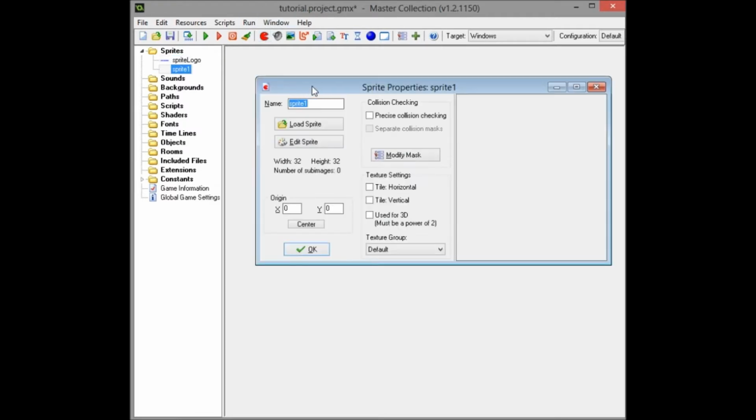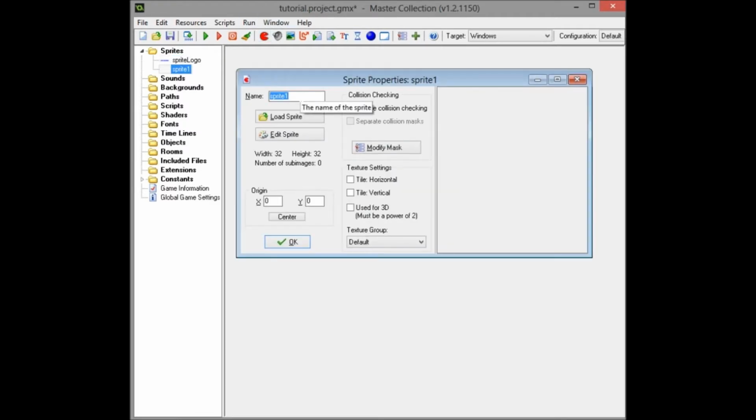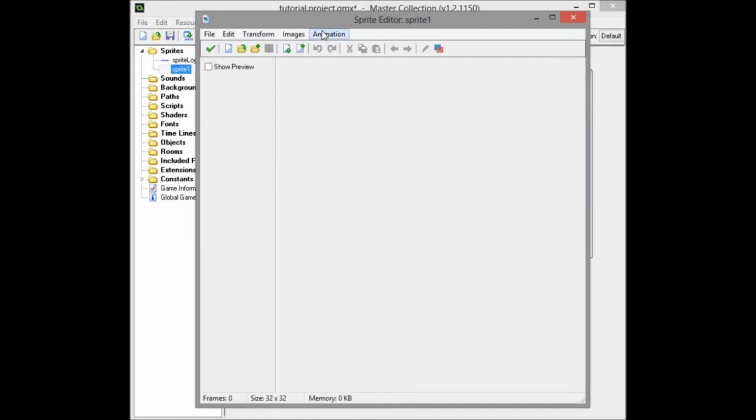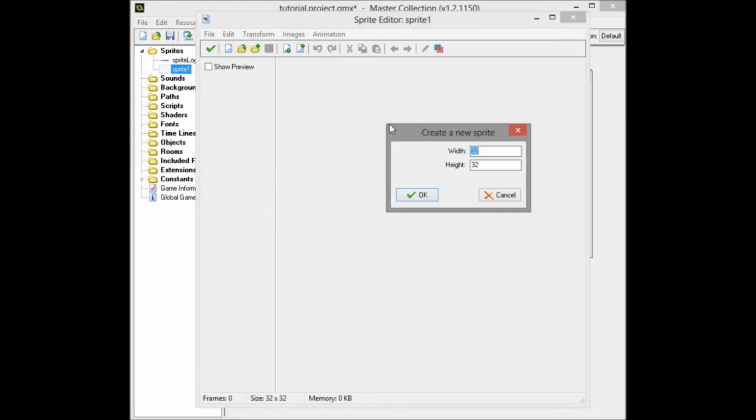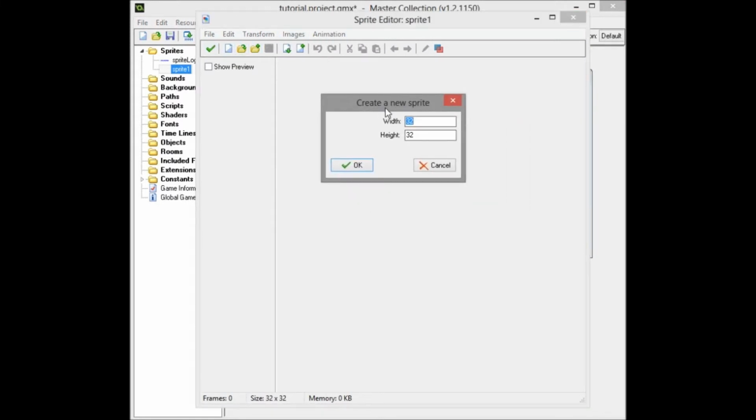And we'll create another sprite, and as I said before, we're going to create some sparks. Let's go ahead and name it sprite spark. Edit sprite once more. And this one we're going to actually make pretty small, so I'm going to go ahead and do